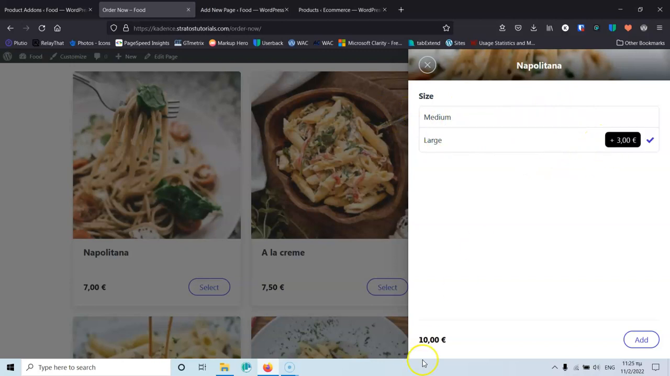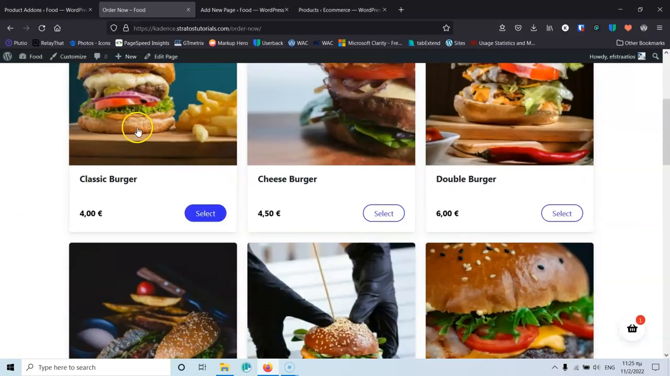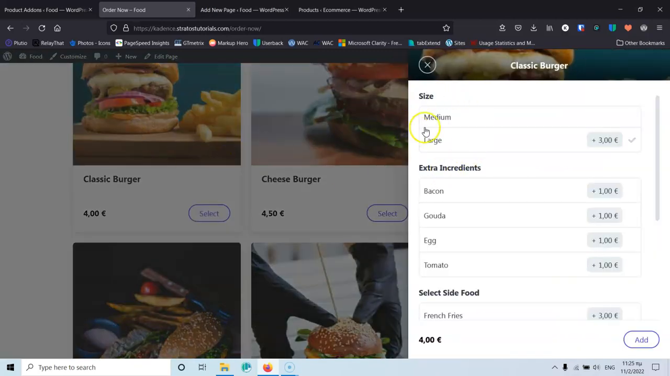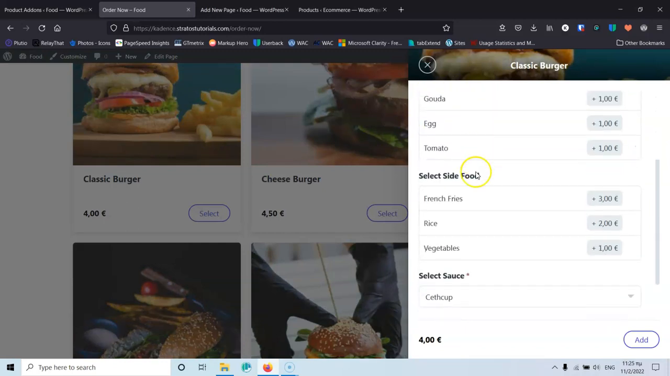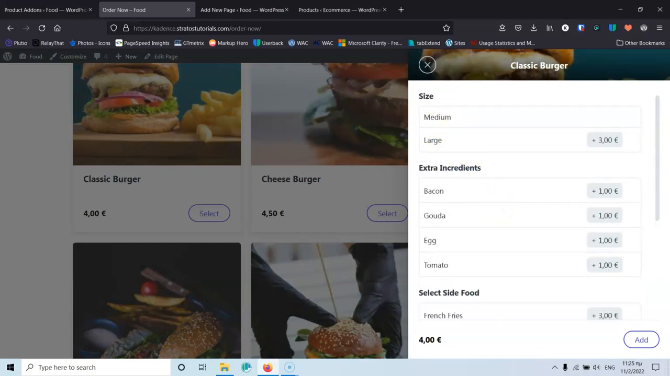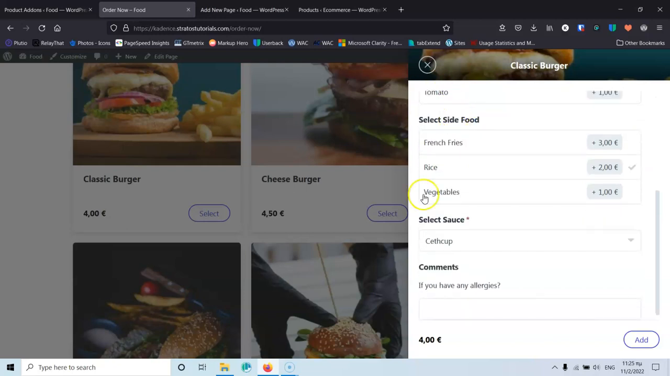I can do that, and now the price will go into 10. Let's skip that and go straight to the burgers. And click here, and as you can see, I have the size first, and then I have the extra ingredient that I have selected from the other field. I don't have any settings to set the order for those extra fields. I cannot say that I want first the extra ingredients and then the